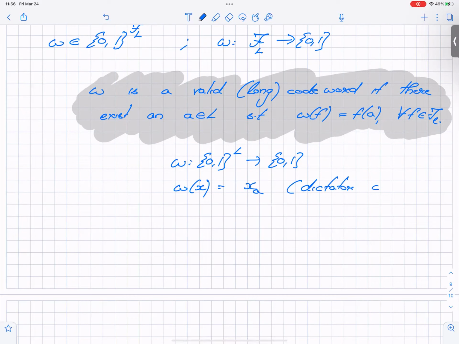What is a dictator? You have an n-bit string and a function of it. The function disregards all the other bits. It just answers according to a particular bit. A dictator is a function,